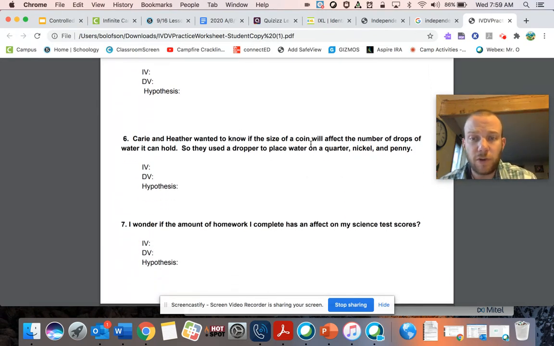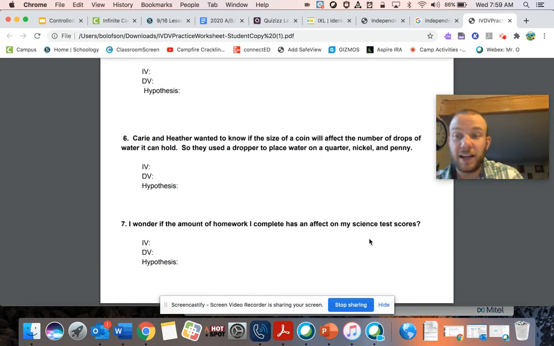Want to know if the size of a coin will affect the number of drops of water it can hold. I wonder if the amount of homework I complete can affect my test scores. So you could do maybe how long you study to how well you do on a quiz could be an experiment. A couple different examples that I was thinking of is the distance that you are